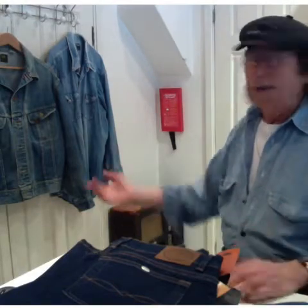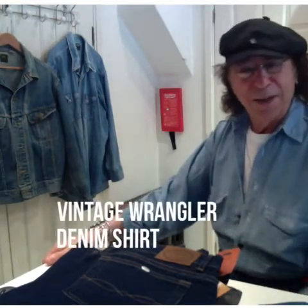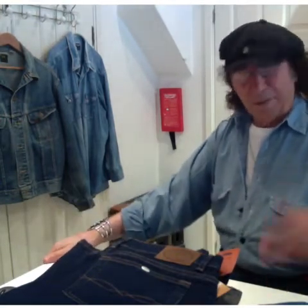And for shirts, we're talking vintage now, Wrangler, that's a size 19, which I wear over a t-shirt or something, and again, it's got that look, you know, the collar's all worn out. The more worn, the better sometimes. I know you can rip your jeans and wash them bad, but, you know, anyway,